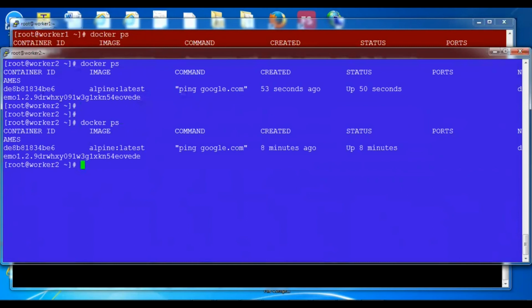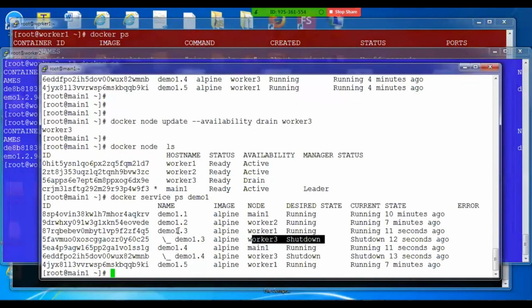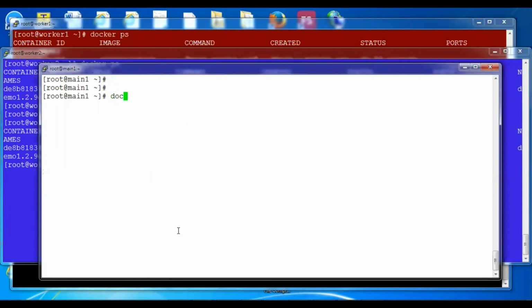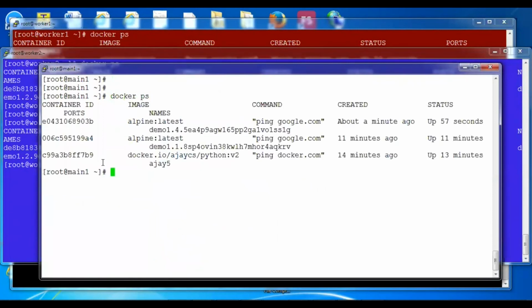So 2 plus 1 is 3, and we'll check on the main node with docker ps, and here also 2 instances of demo1. So a total of 5 instances are still running after putting one server into maintenance. In this way, we can put a server into maintenance mode and do some maintenance tasks on that node.